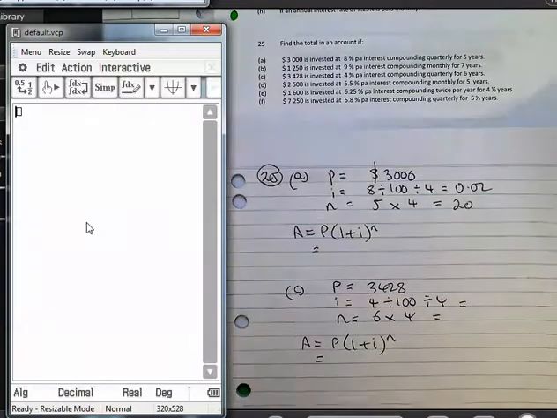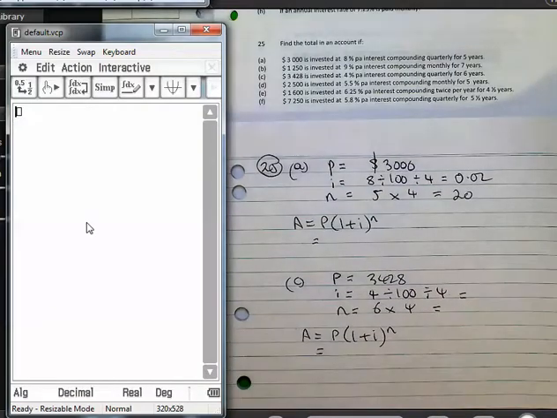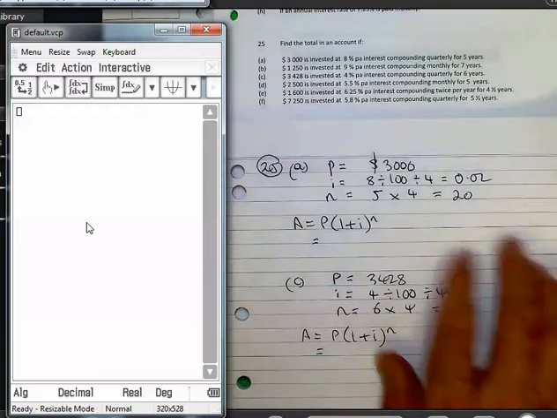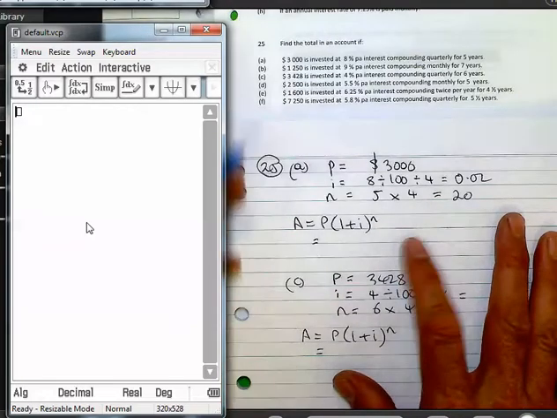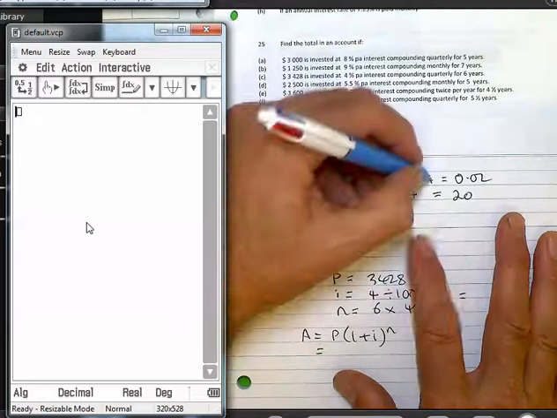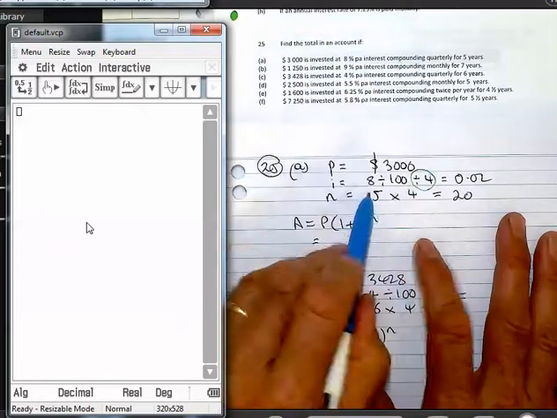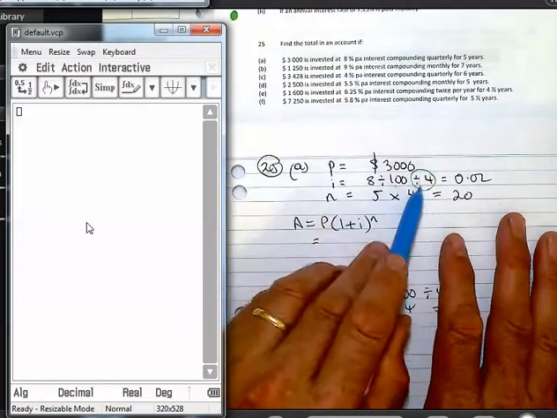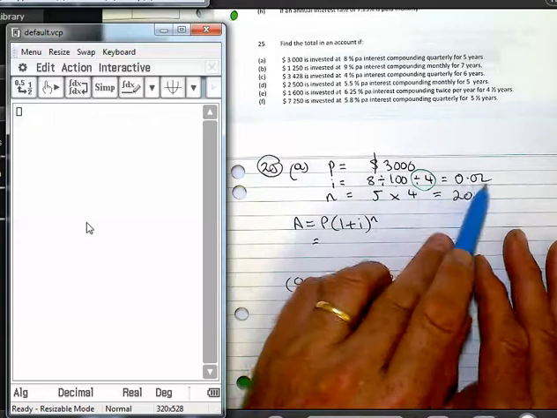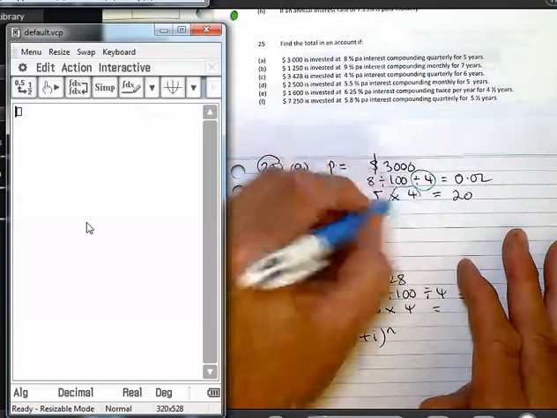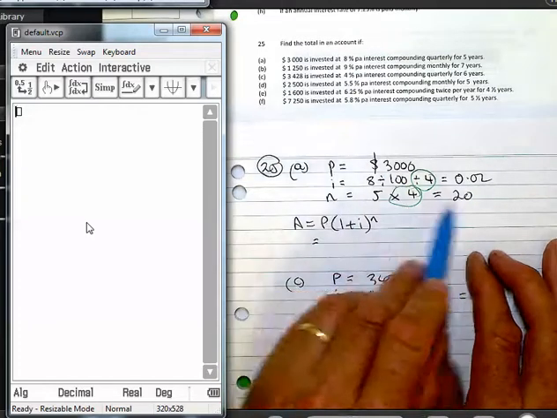Question 25, we're now working with compound interest. The key area to get right in this particular sequence of questions is to make sure that you're dealing with the correct interest calculation. And 25A, it's quarterly. So I get my 8, divide by 100, and then divide by 4, which gives me 0.02. Whatever I divide by, my number of payments is accordingly